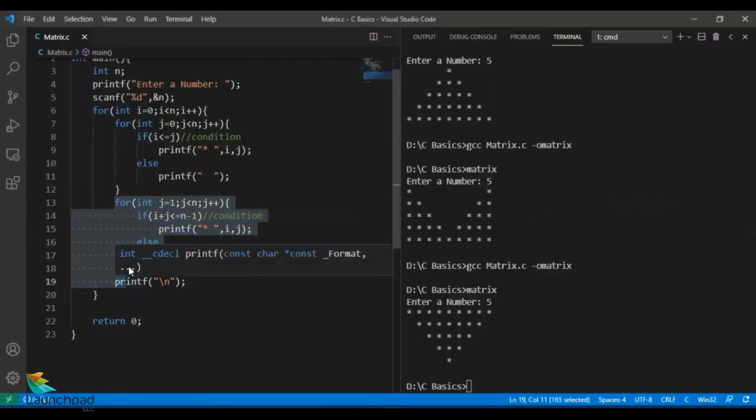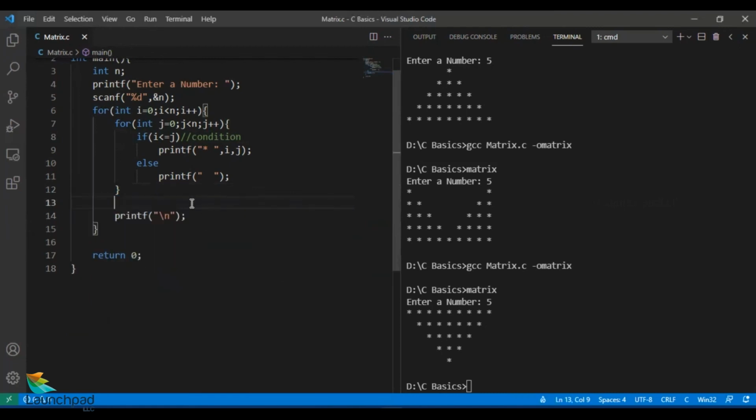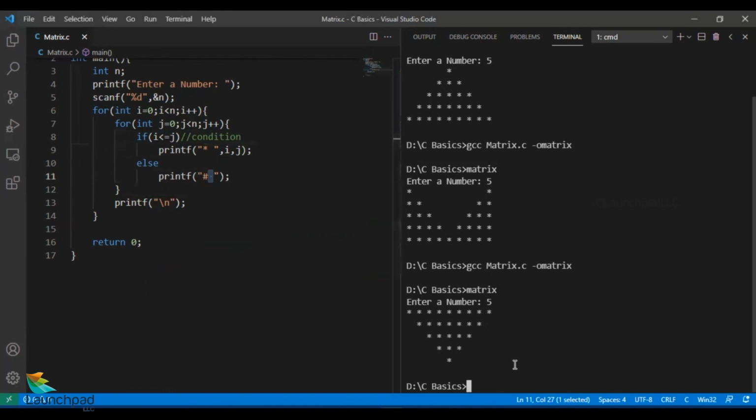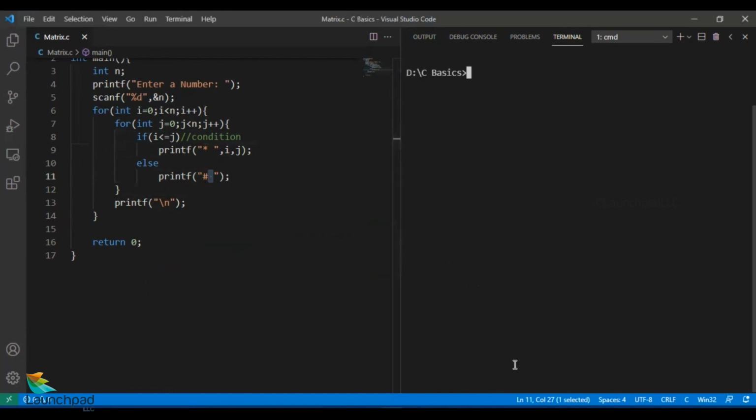Let's clear the second J loop here. The diagonal join is much simpler. In the if condition block, we are printing stars, right? In the else block, we are usually printing spaces. If we print any other shapes in the place of condition, I'm printing star. In the else block, instead of printing spaces, I'm printing another new pattern over that. Okay. So this is called your diagonal join.